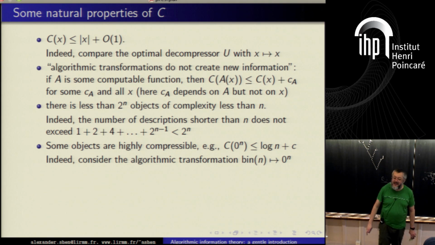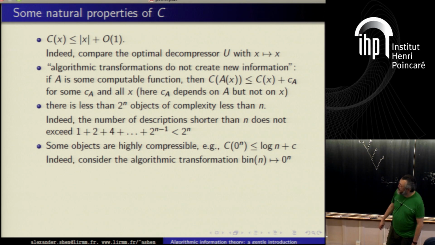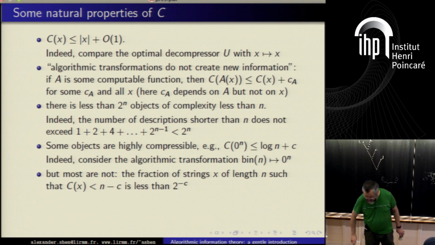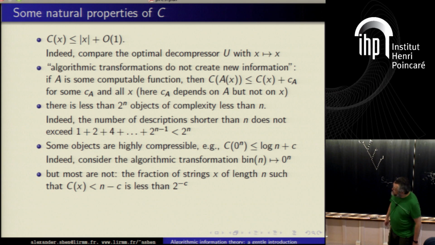There is an entire thing called the maximal object of complexity at most n, and it's a busy beaver, called the busy beaver number. But still, if some objects are compressible, most objects are not compressible, because if we consider strings of